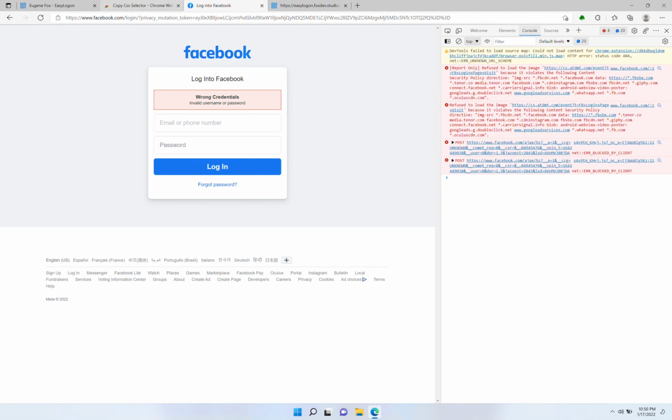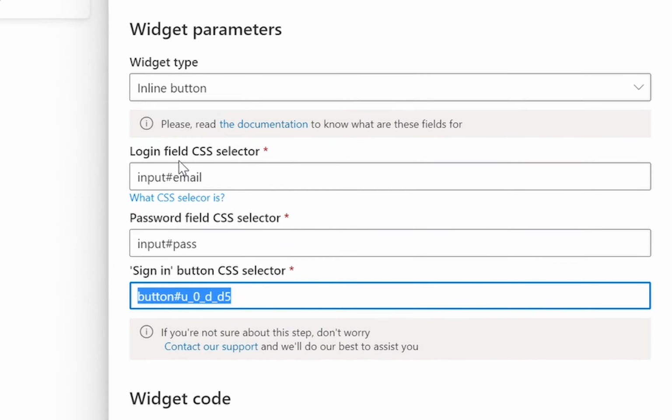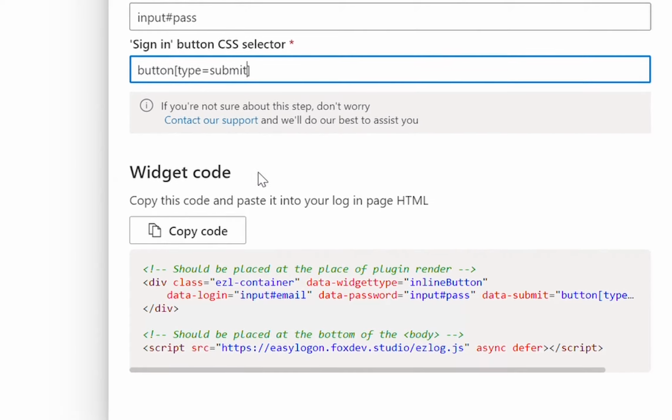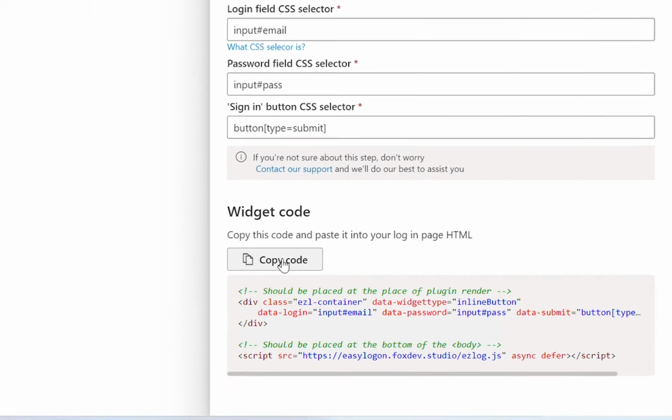Replace the old selector with a new one in the widget constructor panel. That's it. The last step is to click copy on the widget code section and paste it into the HTML code of your authentication page.